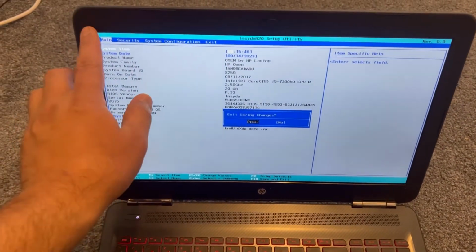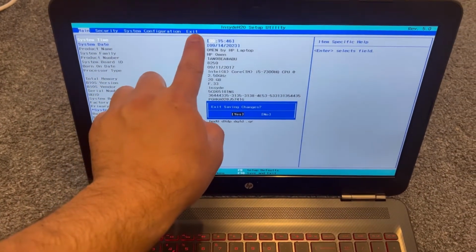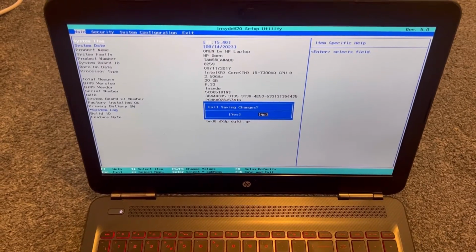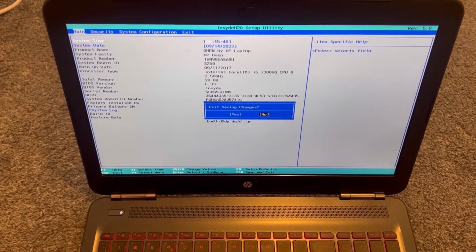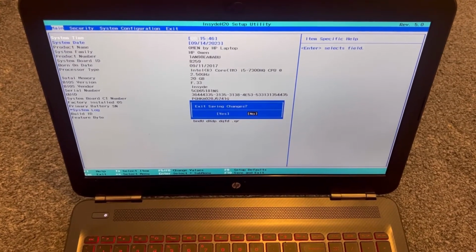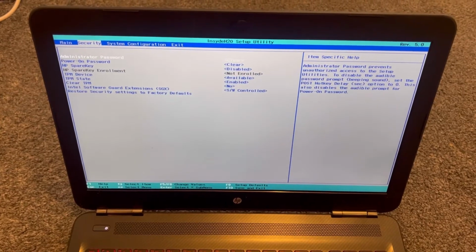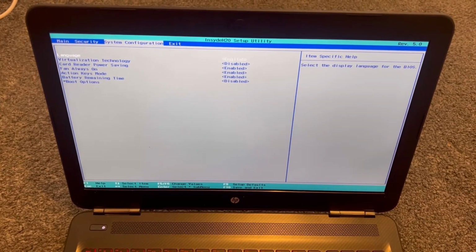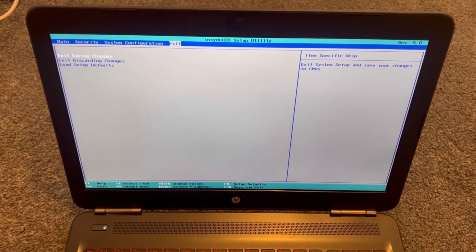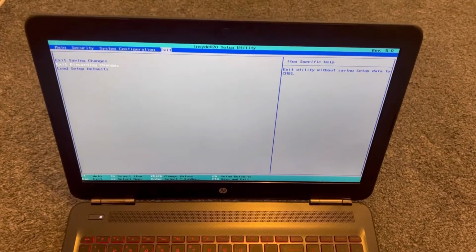BIOS consists of main, security, system configuration, and exit. I will show you a quick flick through. Now I'm going to exit BIOS configuration settings and show you how to enter boot menu option and boot from